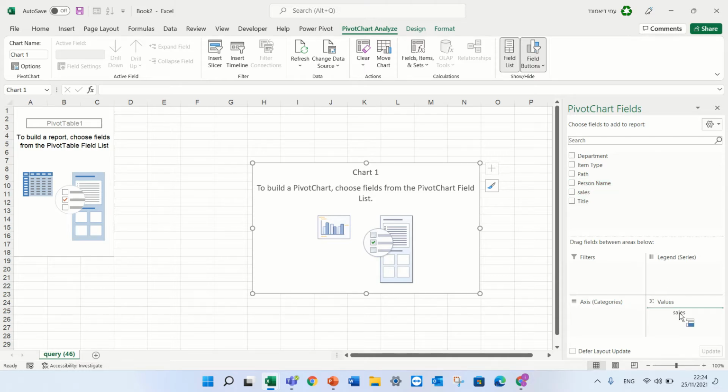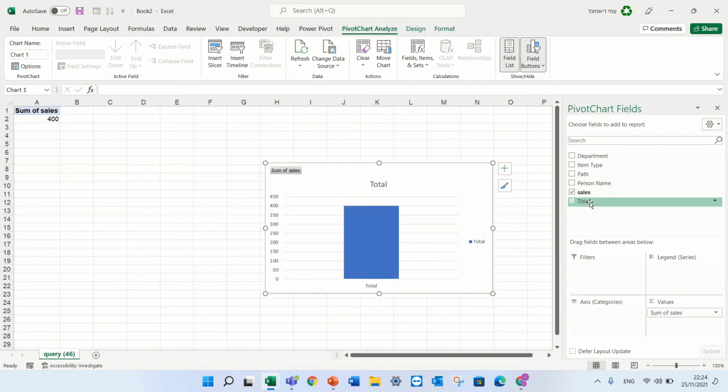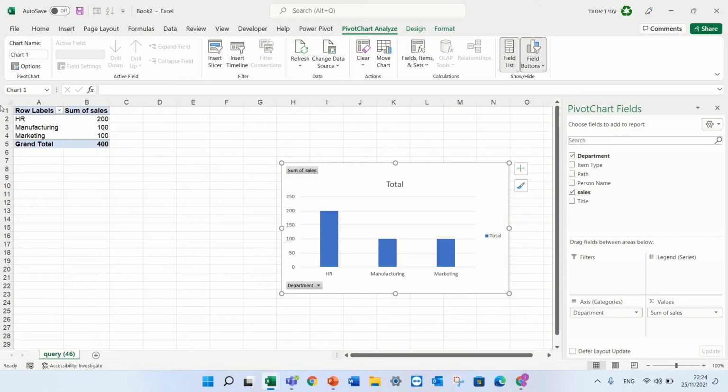So I will take the cells to the value. I'll take the department and put it here. And now I have also both. I have the pivot table and the chart. Okay, but